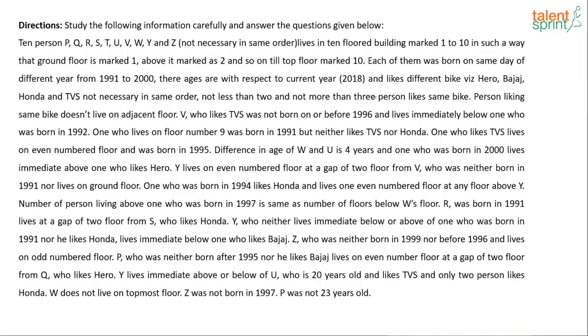Not less than 2 and not more than 3 persons like the same bike. So there are not 10 different bikes. There are only 4 types of bikes: Hero, Bajaj, Honda, and TVS. Minimum 2, maximum 3 persons will like the same bike. And then a lot of clues given to you. Let us see how many of you are able to crack this. Please try it out